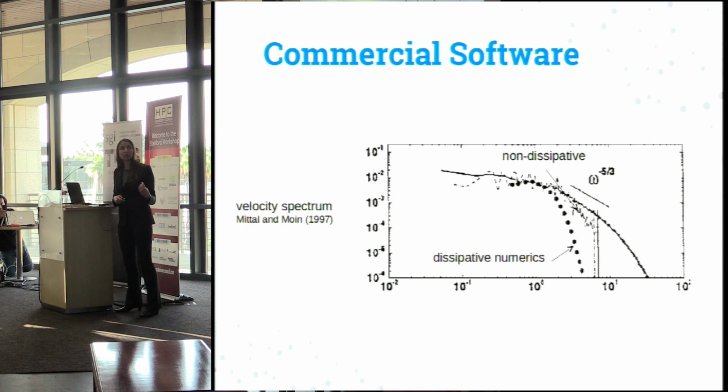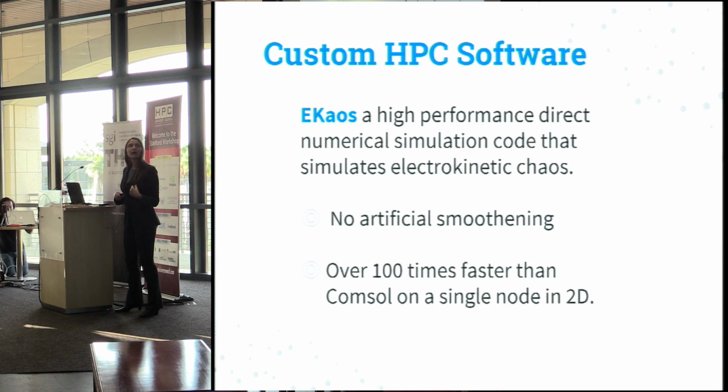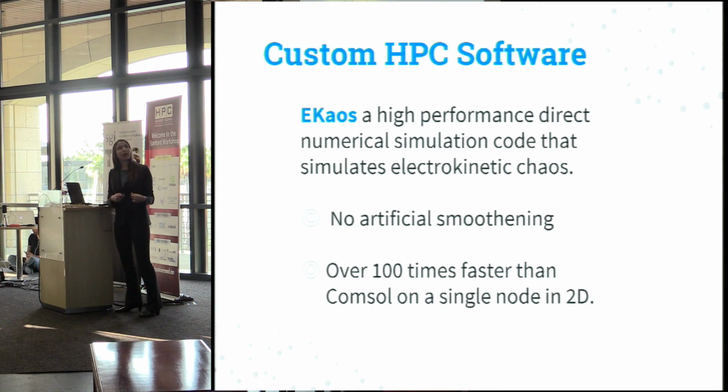experiment, and then the issue with dissipative numerics. And I want you to pay attention that this is actually a log scale, so this is a very large discrepancy that arises. And this was for a flow around a cylinder problem, which is a very common validation problem for CFD simulations. So for my PhD, what I did was I wrote this C++ MPI code from scratch called